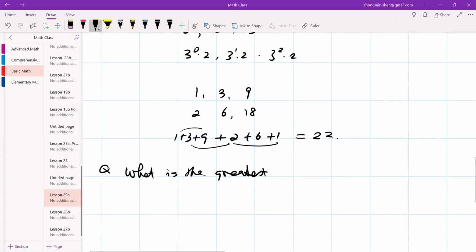What is the greatest number of distinct positive integers